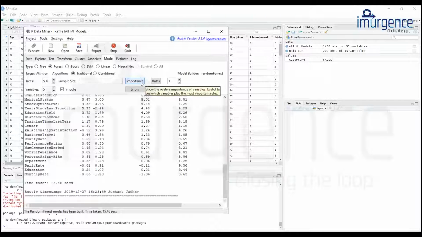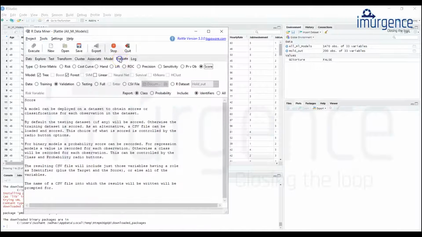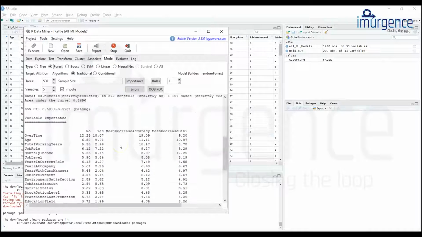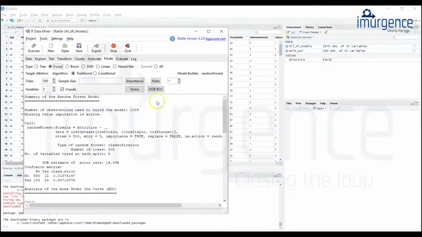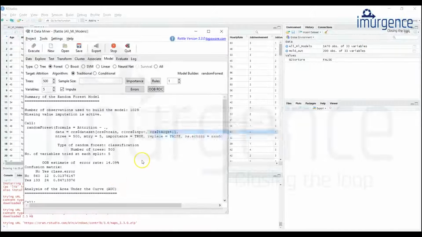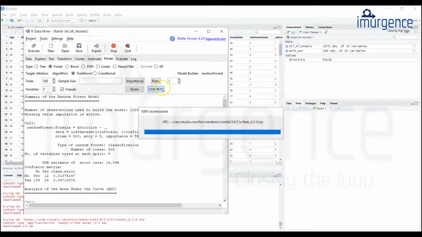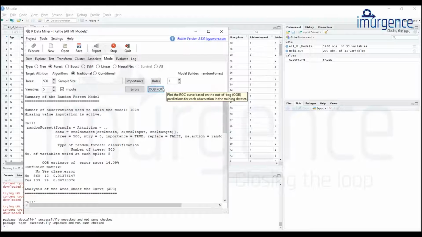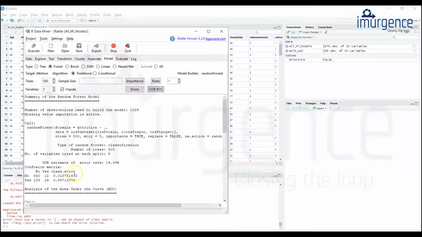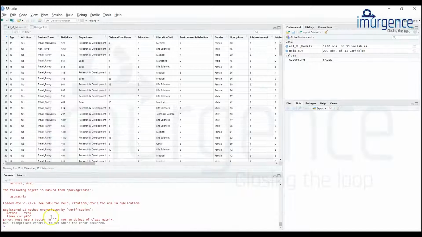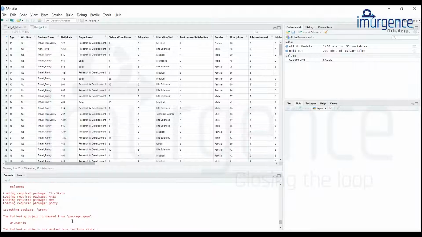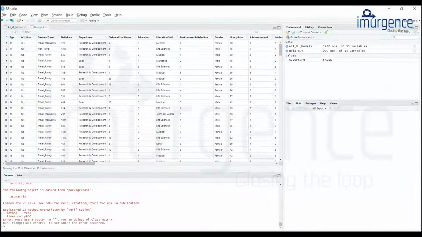What we can do is we can look at the evaluate. Again, you won't be getting a great result over here because it's quite evident that the area under the curve is not great. But still, if you want, I'm doing the OOB ROC, out of bag predictions for each observation in the training data set. Some error which we can see over here because of some package issue. Okay, ignoring that,